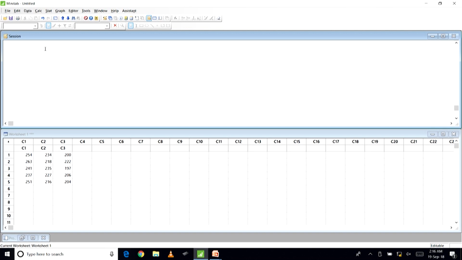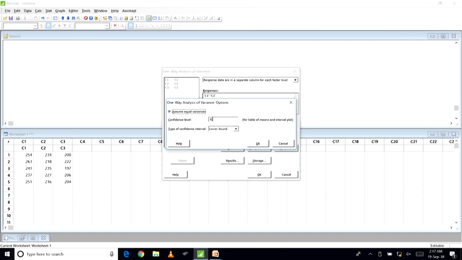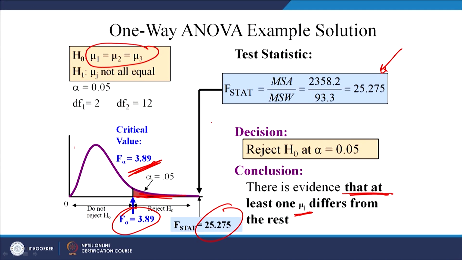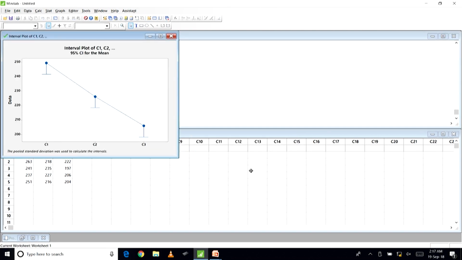First we are deleting the output of previous question. So, we will go to stat, ANOVA, one way ANOVA, right. So, you can click, yeah. You just delete this, select all these 3, select option, we'll check at what significance level we have to test it. So, we need to test this hypothesis at 0.05, right, it means 95. So, this is correct, this lower bound, we will press OK, again click OK, right.